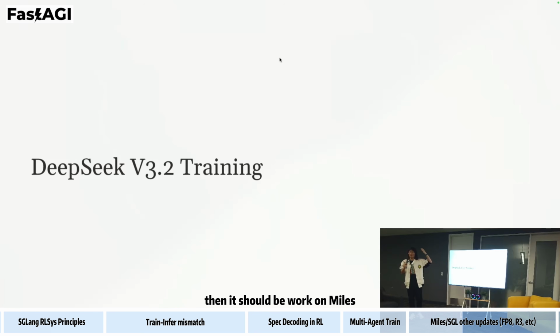Then it should work on Miles. But we still spent some time to debug and to modify the code of Megatron. So the good news is that we can now train DeepSeek v3.2 with the correct devices, with several lines of change to Megatron and no change to SGLang.